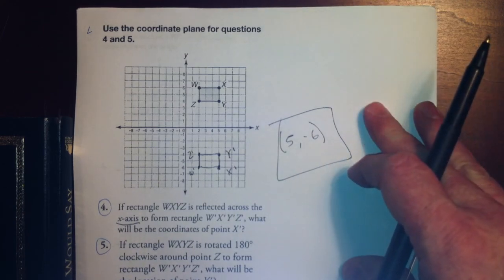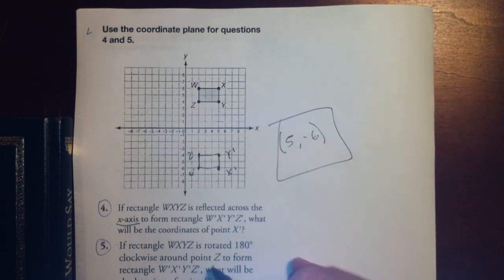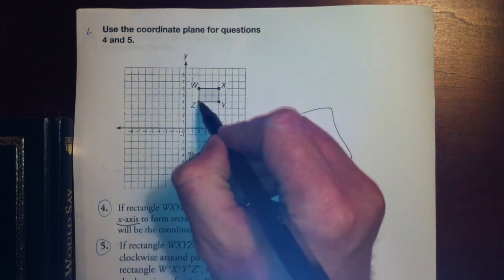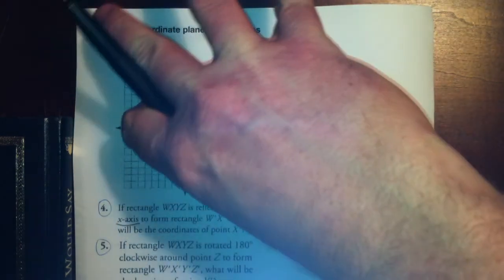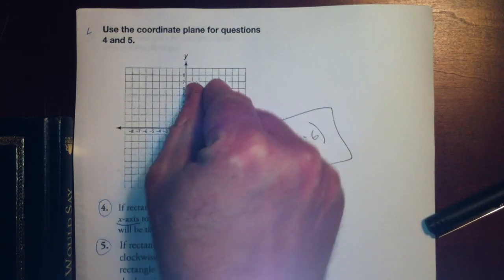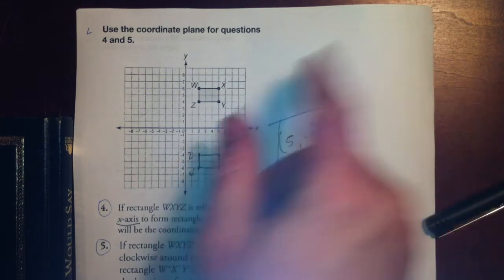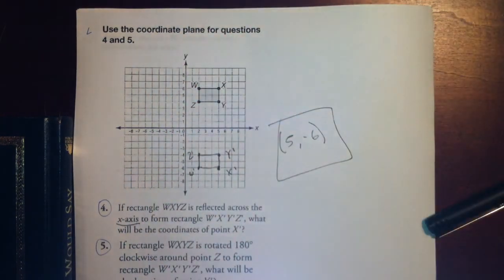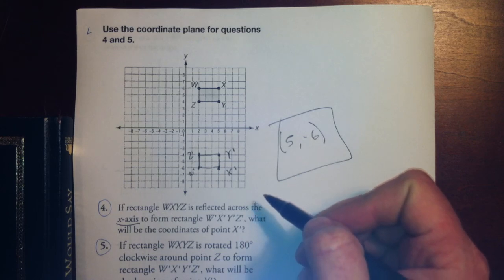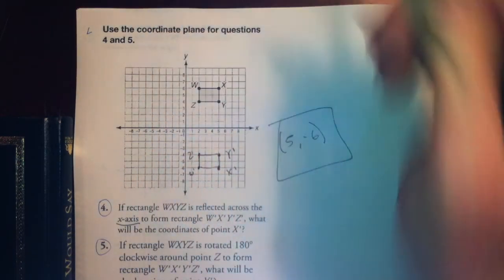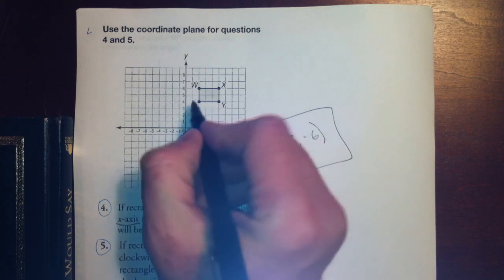Next question. If the rectangle is rotated 180 degrees clockwise about point Z, so in other words, this point right here is not going to move. We're going to rotate that, or turn that guy. We're going to turn around one full turn, or I say half a turn. We're going to turn that guy halfway around, like so, to where the X is still here. And you basically